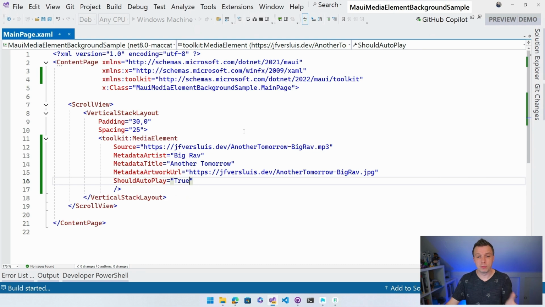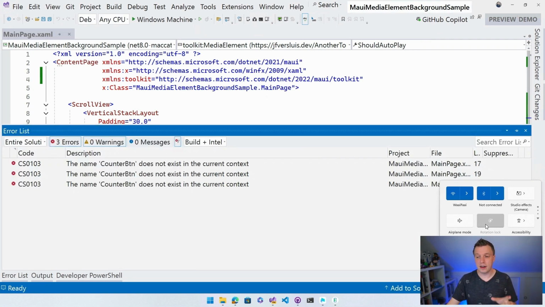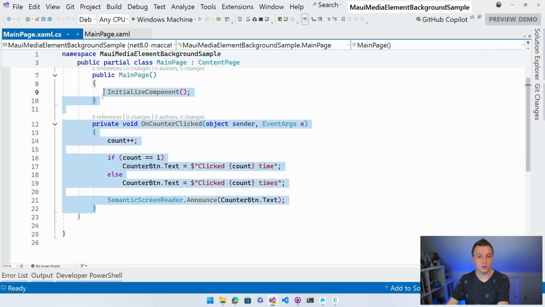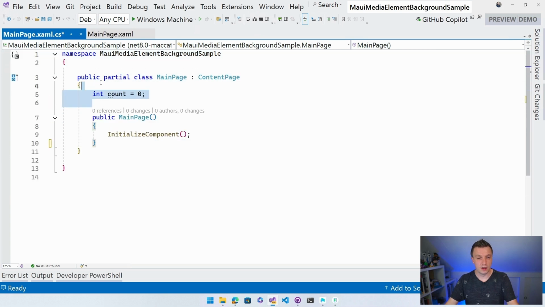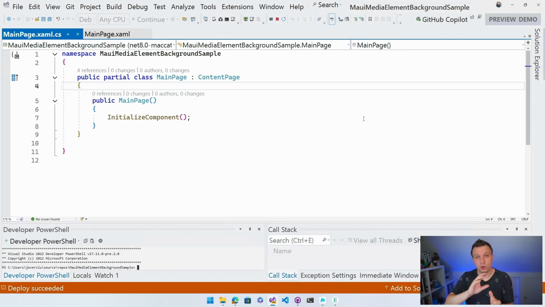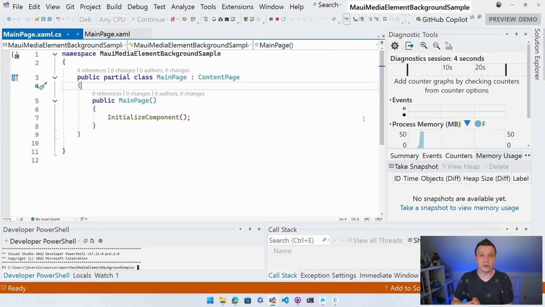So if I deploy this to Windows, it's actually going to show up here in my little, I don't know even how to call this, control center of all these things. I should get myself out of the way right here, and you will see it here in a minute when I fix these build errors. So I removed a bunch of stuff from my XAML, so I don't have any counter button anymore, so I should remove the references right here. Let's just do that and try again, and then whenever it comes up, you will see the media element start playing automatically because I said should autoplay to true. It will start playing that song that I got from the URL right there, and it will show up in the control center here in Windows.